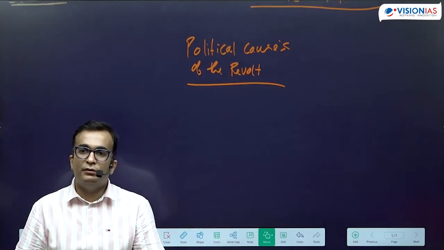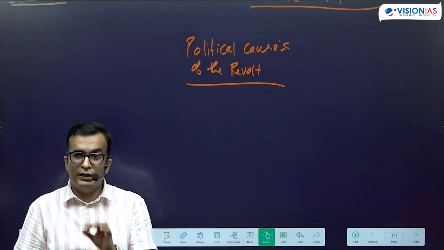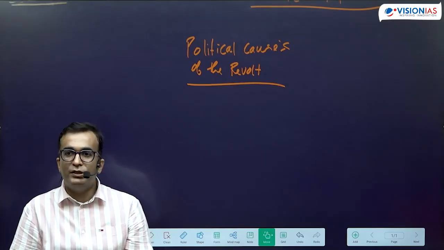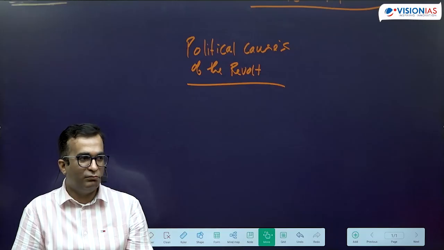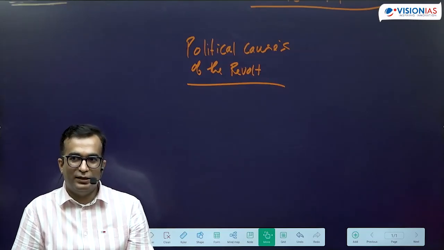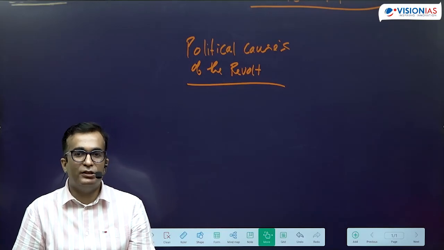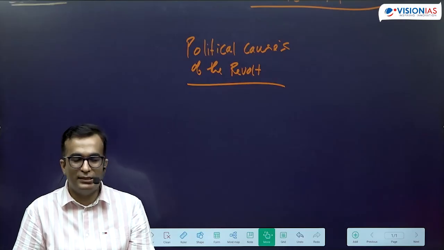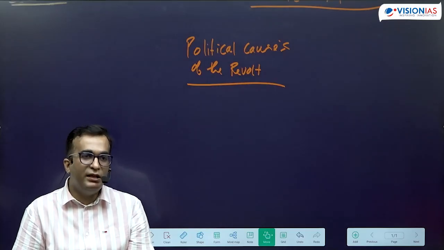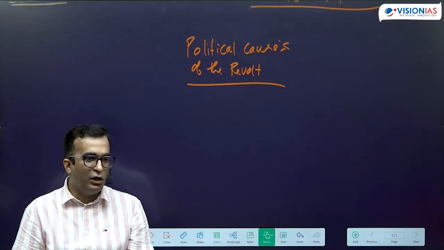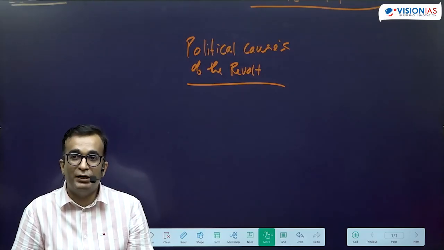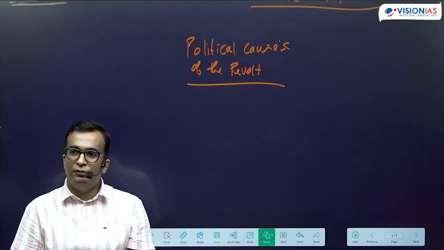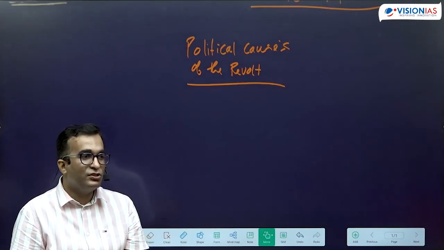It is often associated with Dalhousie, who actually affected it between 1848 to 56. But then, was he the first person to come up with this policy? Any idea? Was he the first person? See, जहाँ पे भी पढ़ोगे, it is only associated with Dalhousie, but reality is something different. Actually, without giving a name, this was already in practice. Dalhousie gave it a name, doctrine of lapse, but it was already there in practice. 1834, ठीक है? Court of Directors have already suggested a policy like this.